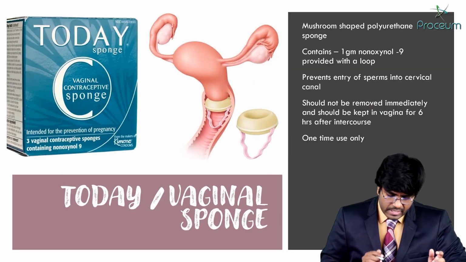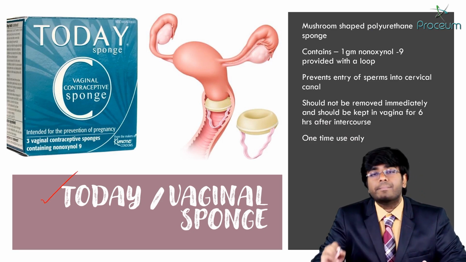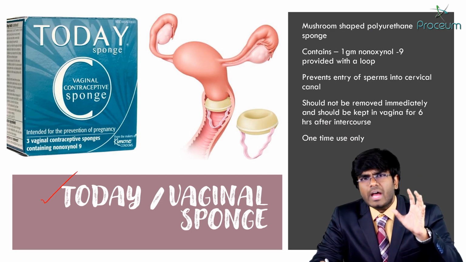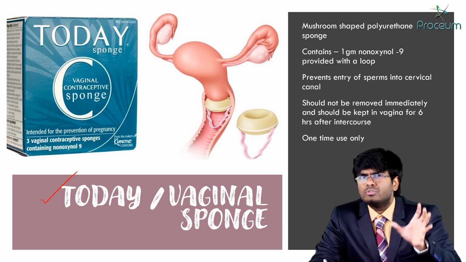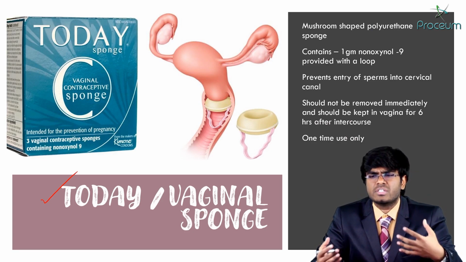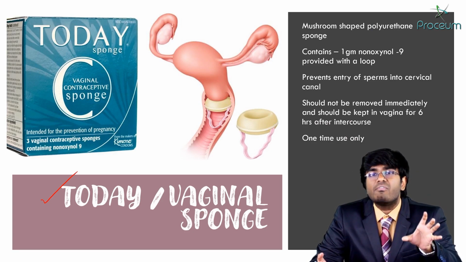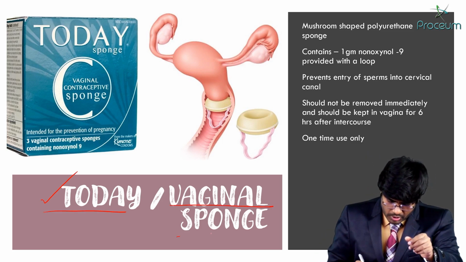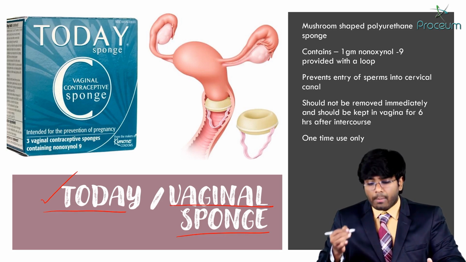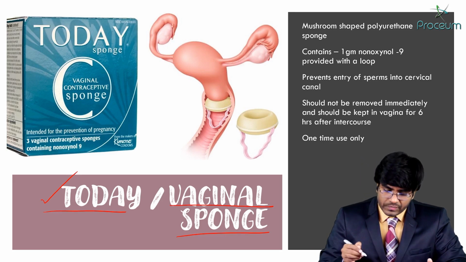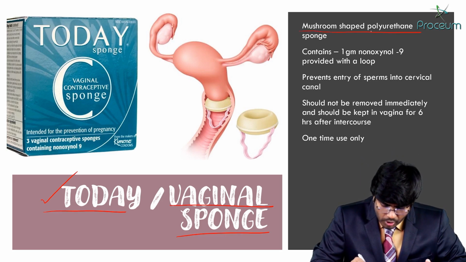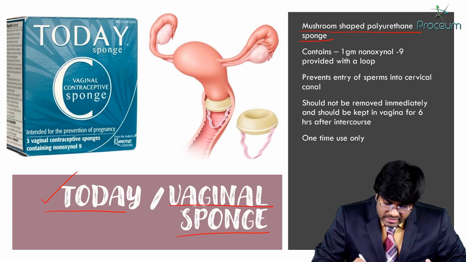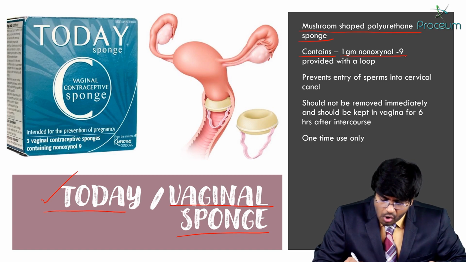Now after this, let's discuss about today. Guys, in the exam, if they ask you today is, don't just say that today is Wednesday or Saturday or Sunday. Today is vaginal sponge. So let's see some important points about this barrier method. It's a mushroom shaped polyurethane sponge, and this barrier method contains 1 gram of nonoxynol 9, and it is provided with a